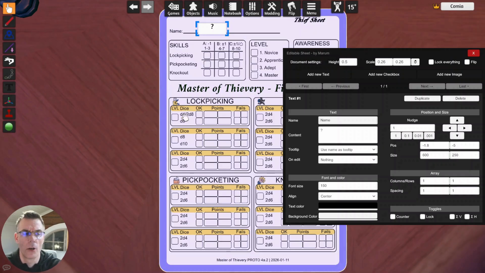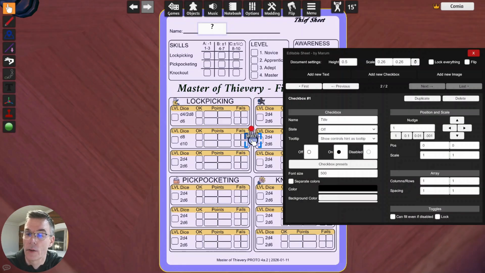What I'm using a lot is this checkbox feature. So I'm adding new checkbox. You can see it here. What I cannot do, I cannot drag this around, but I can move it around with these nudge buttons, and then I just try to align it quite nicely there.